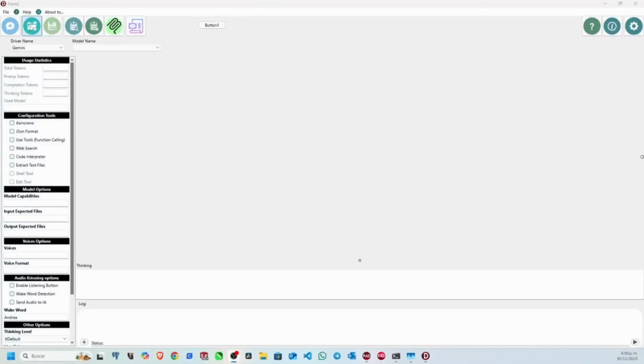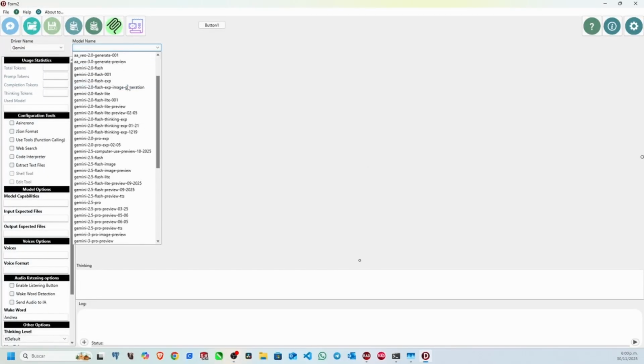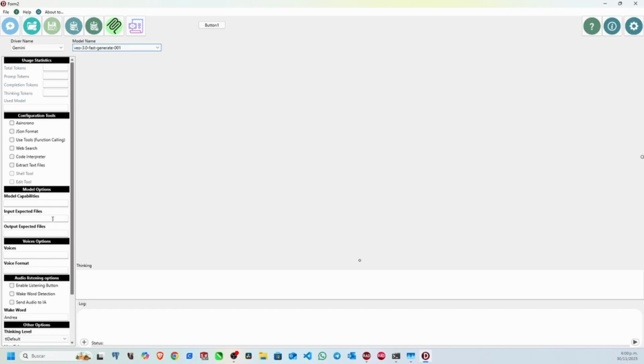Now we'll see one of the most amazing features AI has to offer: video generation with audio included. In this example, we'll use Gemini Veo 2 Plus. So we select the Gemini driver and look for the Veo 2 model. We'll ask it to generate a video of a Spartan warrior programming in Delphi, and let's see what this model